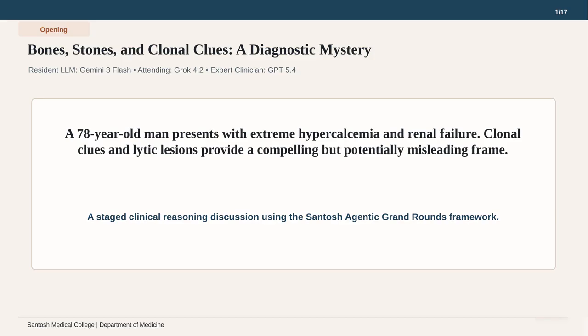The text here highlights that clonal clues and lytic lesions provide a compelling yet potentially misleading frame for our diagnosis. We will be using a unique stage clinical reasoning discussion format, leveraging the Santosh Agentic Grand Rounds framework. This means we will simulate the perspectives of a resident, an attending physician, and an expert clinician to unpack the